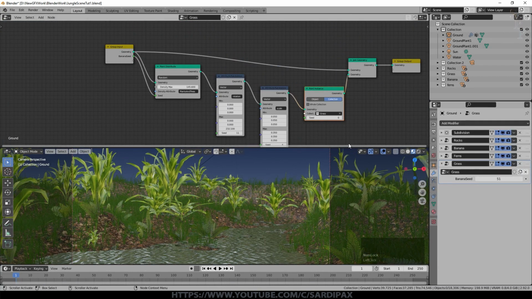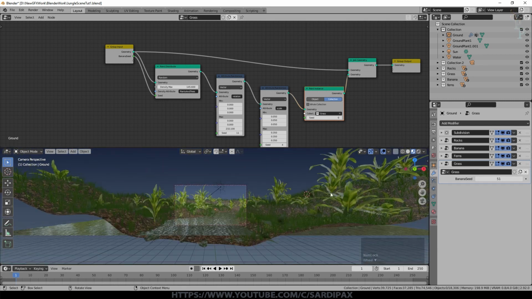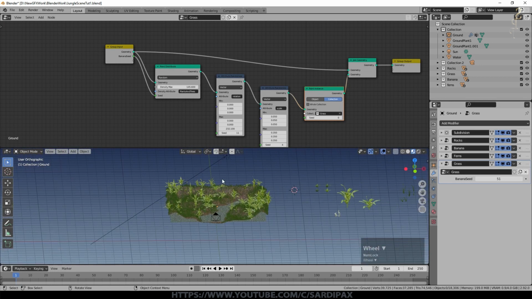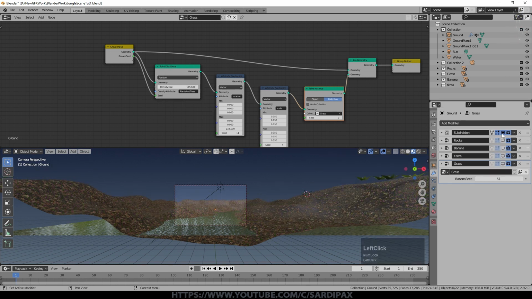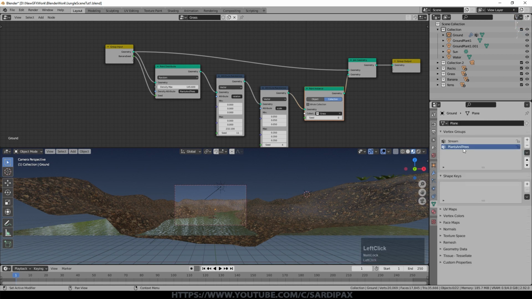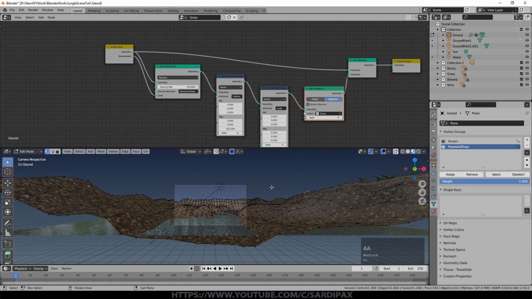Now, if you run into a problem where you're having to put so many particles on, but you're not necessarily going to see all of the particles, then we've got all these areas out here which arguably we don't really need particles or instanced objects on because we're not even looking there. We might move the camera around a little bit to find the scene we want, but even if it was an animation, we probably would never see the grass over here. So let's turn all of these off for a moment and let's go back to our vertex groups and our plants and trees particularly. So I'm going to select nothing.